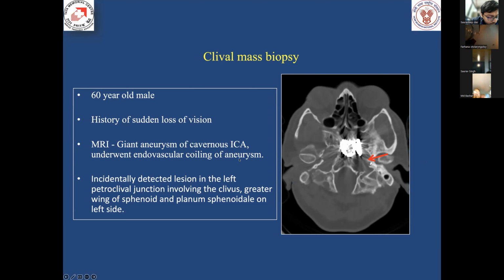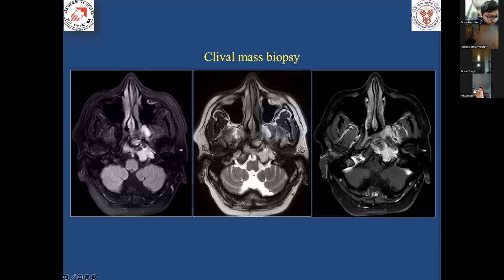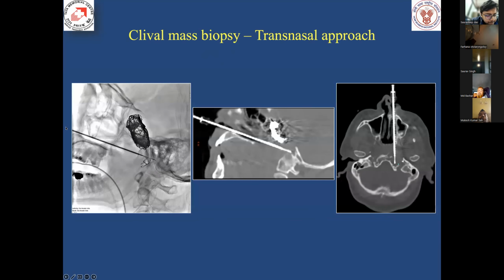So when we went back to the MRI, we saw that there was a soft tissue component that is causing destruction of the clival bone also. So this was there. It was initially subtle, but then post coiling, when the vision did not improve, a repeat MRI showed that there was an increase in the soft tissue component. So here, transnasally